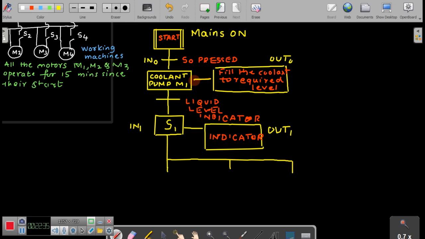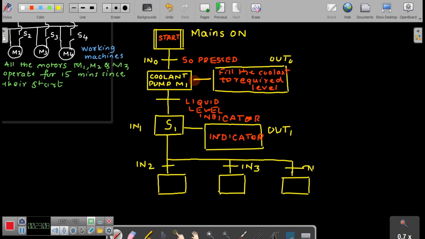And now you can have the transition here for M2, this is for M3, and this is for M4. So now this will be your IN2, this will be your IN3, and this will be your IN4,